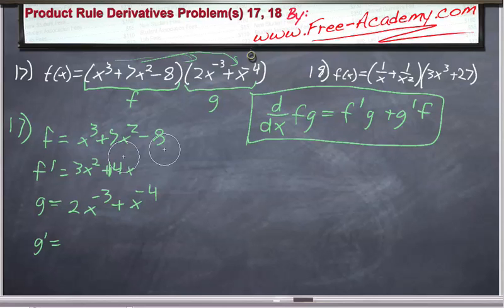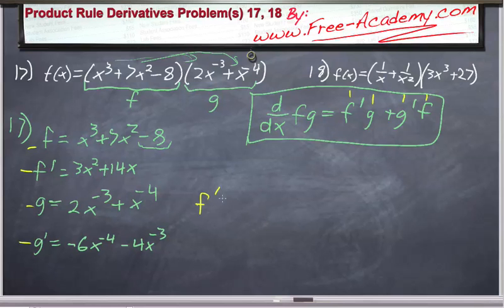Now let me just rewrite that there. Make sure you guys can read it. And remember, with our constant rule, whenever you take the derivative of a constant, it's equal to 0. g prime is going to be negative 6x to the negative fourth minus 4x to the negative third. I encourage you guys to go back and check out the power rule lectures if any of those steps are confusing to you. Now that we have f prime, g, and g prime, we have all the components necessary to